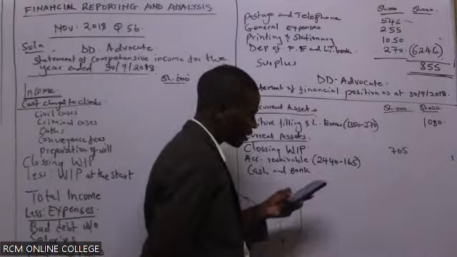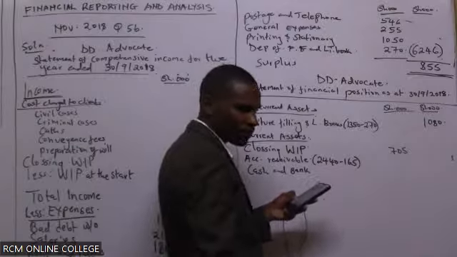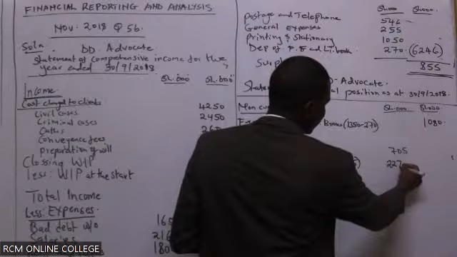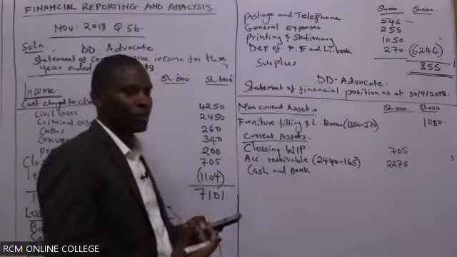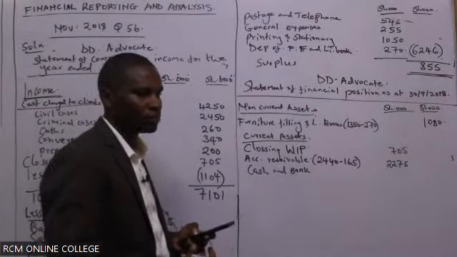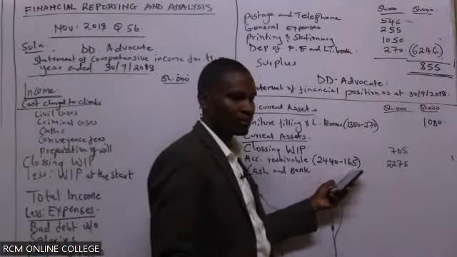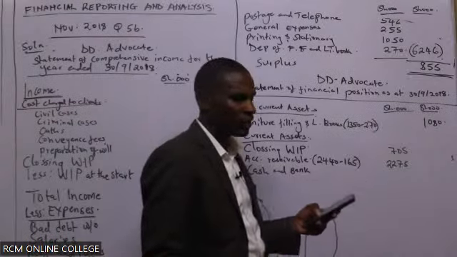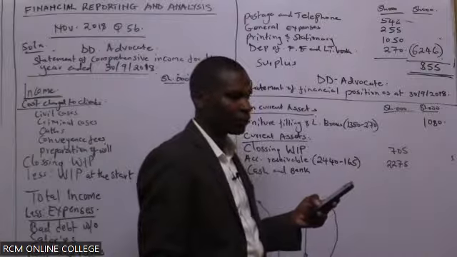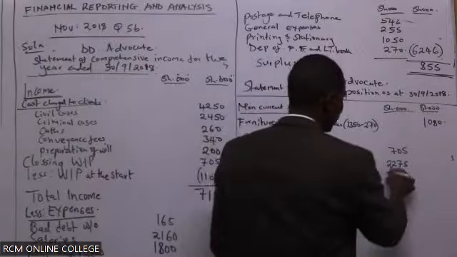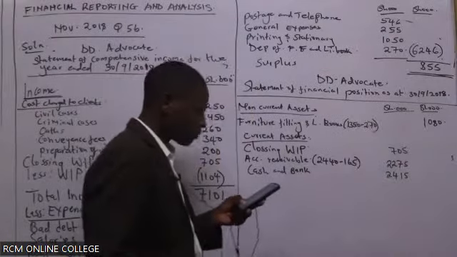Is that correct, really? The result of this, is it 2240 or 2275? 2275. Yeah, we have to reduce the bad debt that were written off. So we don't expect the company or the advocates to get this 165. Hiyo ni gani Alon? Hiyo ni gani? Tunaona vitu mingi hapa. Cash is 2415. So cash and bank, 2415. Great. Then we proceed.